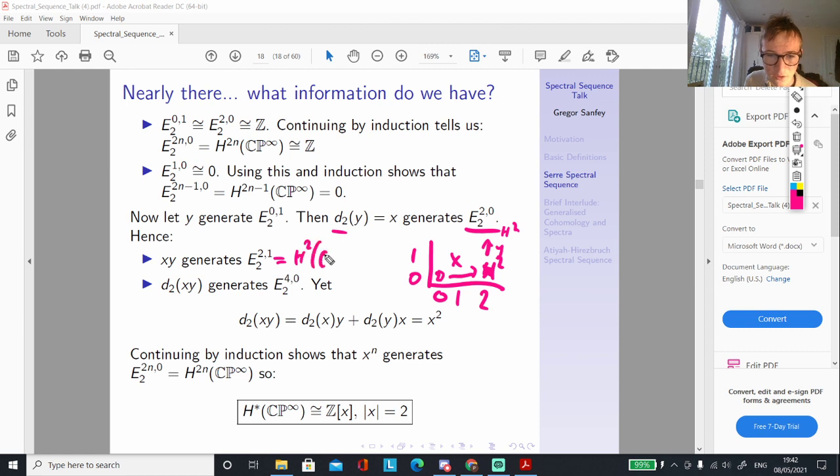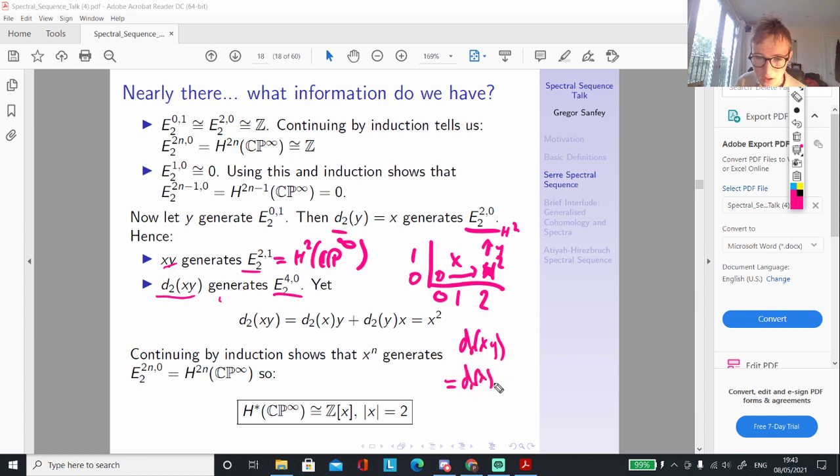And this again is the second cohomology group of CP infinity. Okay, good. So we've been taken there and this generates this. Now here comes the punch. When we apply the differential, we're going to get a generator for this. Okay, that's expected. But the differential satisfies the Leibniz rule, which is that d of xy is equal to